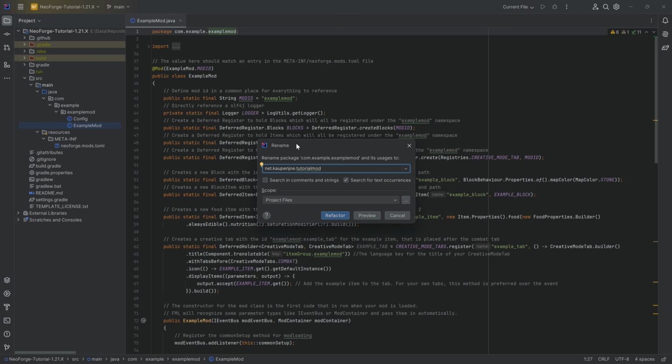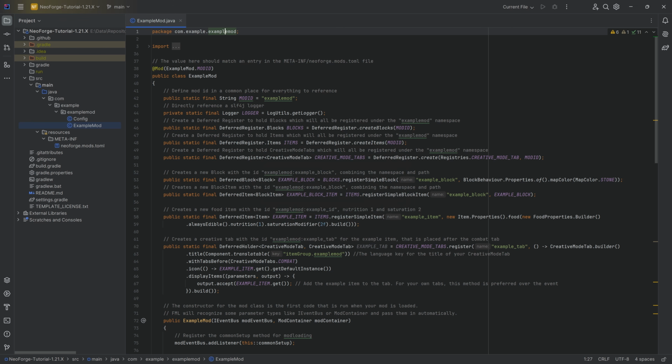net.kaupmjo.tutorialmod. In your case, you want to do net or com or de or ch dot, and then, for example, your online name or your first name. Do note that the name is going to be public, right? So if you write your first and last name, that might not be the best idea. I just want to mention this, but basically you want to do it like that. And then .tutorialmod, because that's the name of the project in this case.